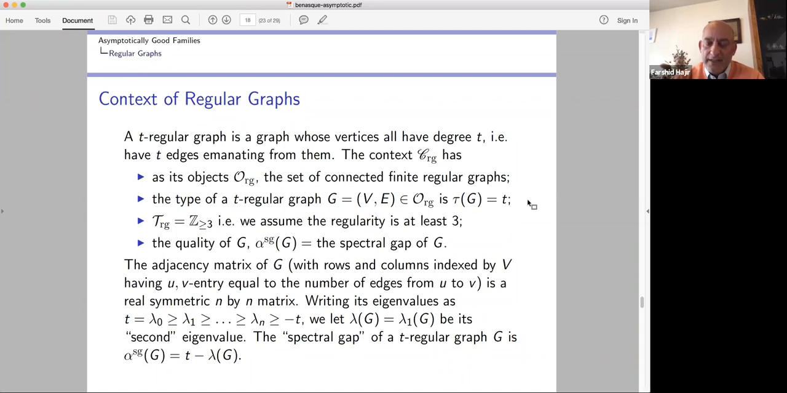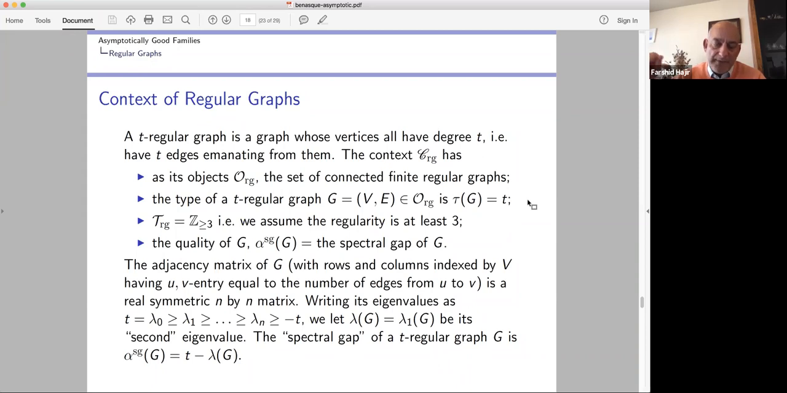And the quality is something called the spectral gap of the graph. So let me talk a little bit about what that is. The graph has an adjacency matrix, whose ij entry counts the number of edges from the ith vertex to the jth vertex. So that's a real symmetric n by n matrix. When you compute its eigenvalues and write them in order,